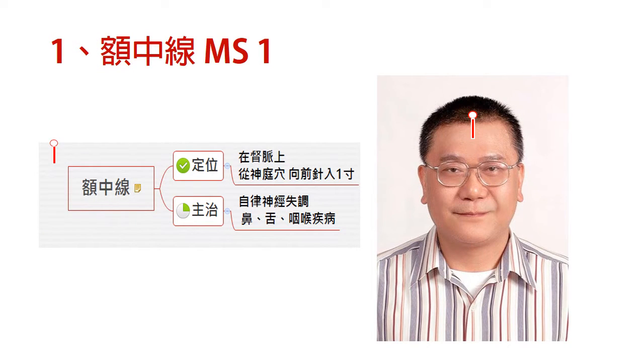First one, we introduce the MS1. MS1, middle line of the forehead. Its location is on the forehead, one cun from GV24 straight down along the Du channel. Its indications: